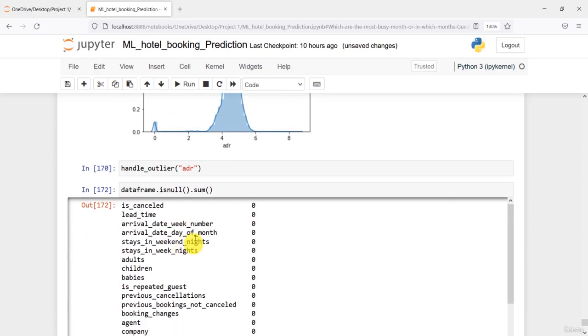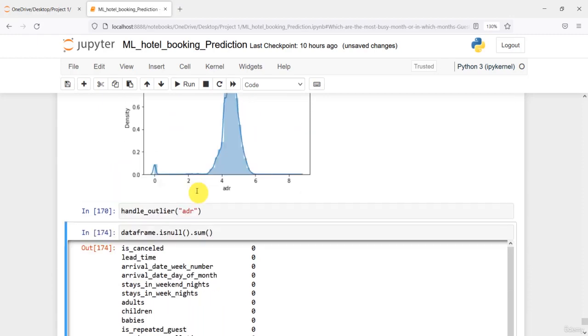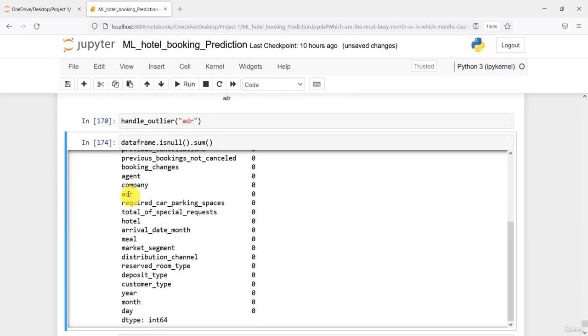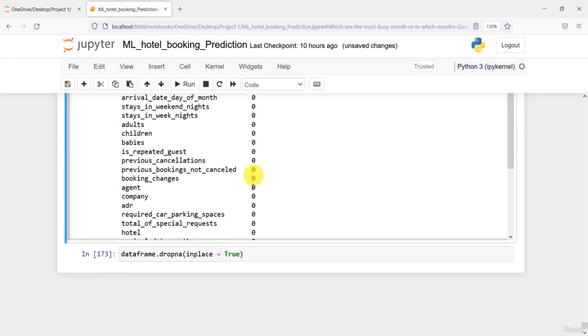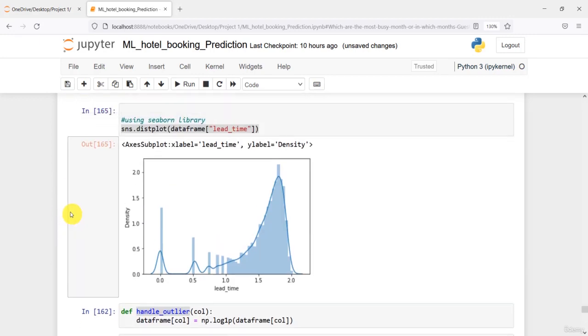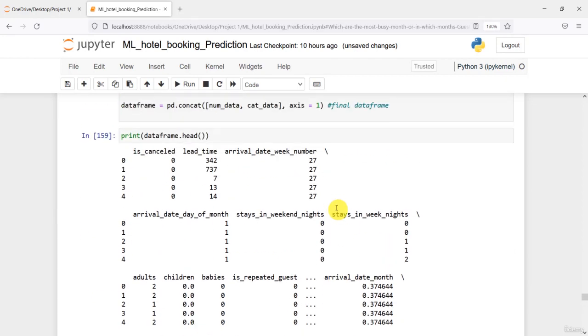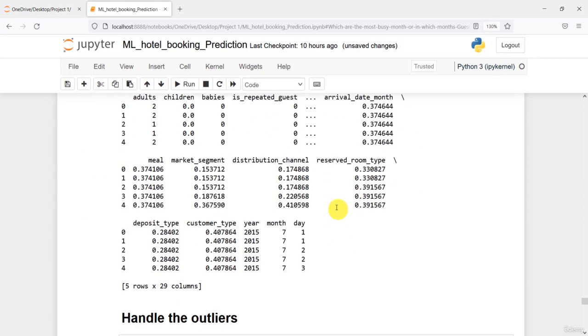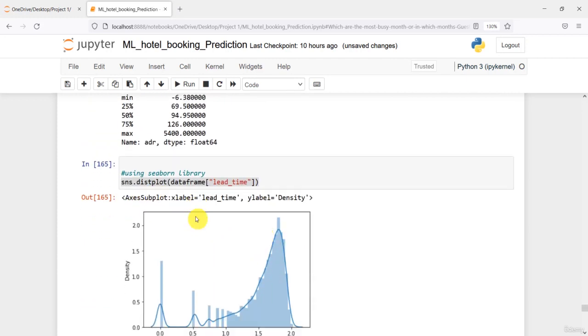Now if I again check whether we have any NA values, you can see ADR has been removed. So it was initially that in one row we had a null value. Now finally we don't have any null values. All the null counts are 0 here. So in this way we have performed the log transformation in order to handle the outliers. You can also check any other attributes. If you find they have outliers, you can also perform a log transformation by using